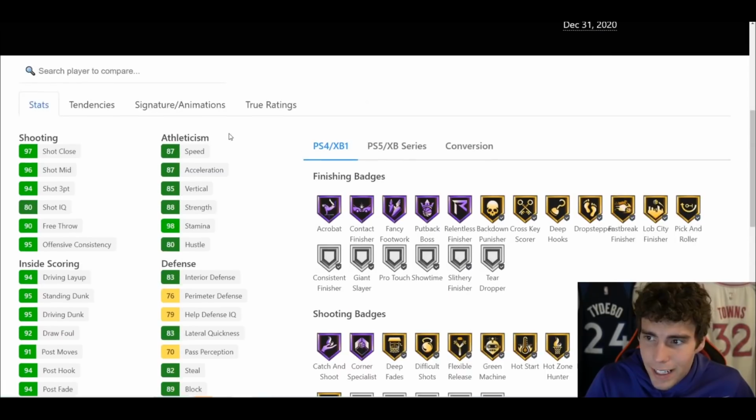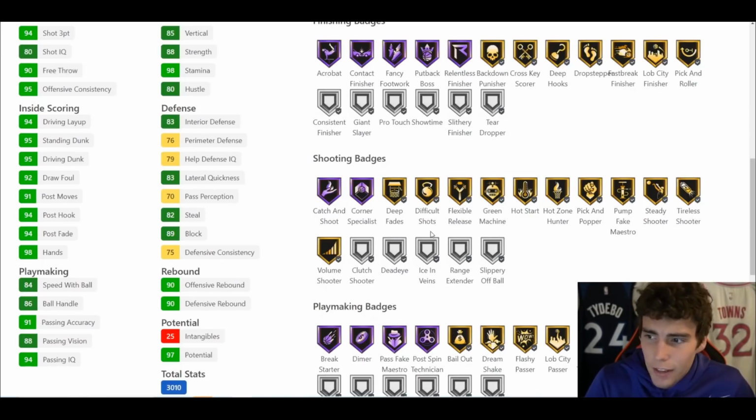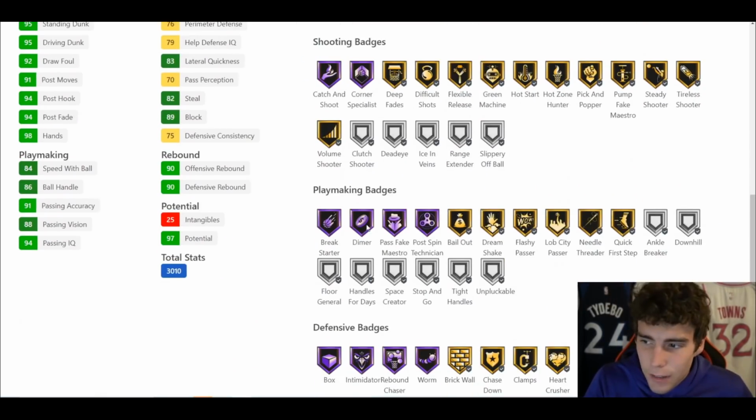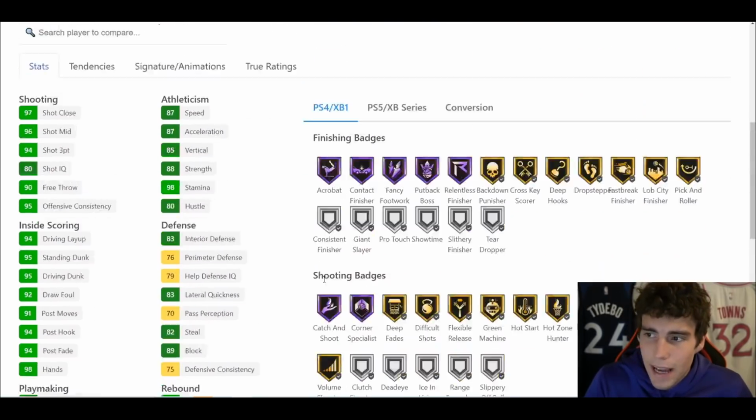You put Showtime on him, he does come with Showtime dunks. He comes with Hall of Fame catch and shoot, corner specialist. You give him range extender, you give him deadeye, you give him those 6 badge spots that he can get. Comes with box, intimidator, rebound chaser, and worm on Hall of Fame, gold clamps. You give him interceptor, you give him some of these other rim protector type badges, and you're gonna notice this card be absolutely incredible. Now, even playmaking wise, Hall of Fame dimer, break starter, those types of badges are very